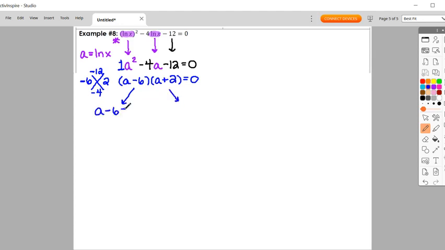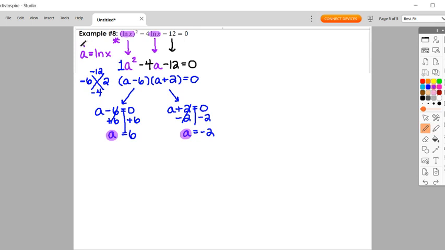a minus 6 equals 0, and a plus 2 equals 0. I subtract 2 on each side to get a equals negative 2. And over here, I'm going to add 6 on each side to get a equals positive 6. Now here's the deal. I'm going to go ahead and replace those a's back with what they're equivalent to,